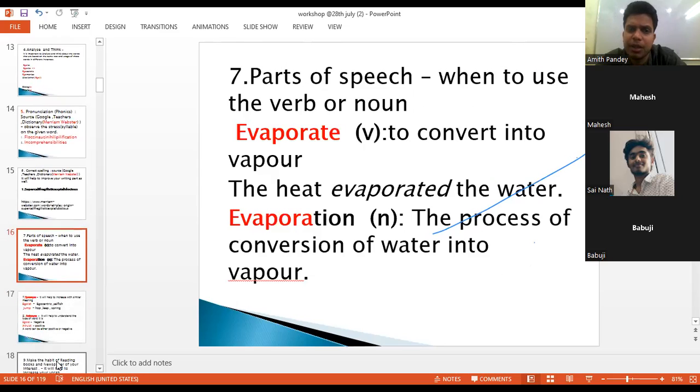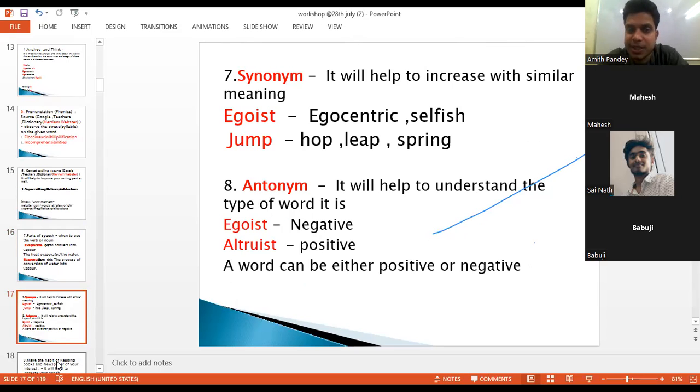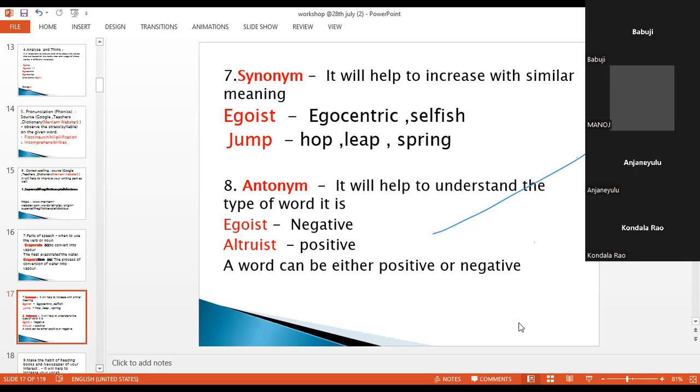Next comes parts of speech, but let's not get into that because most of you may not like grammar to an extent. Let's skip this. And this is quite important. Most people say, I'm improving my vocab. But how you can improve your vocab is,